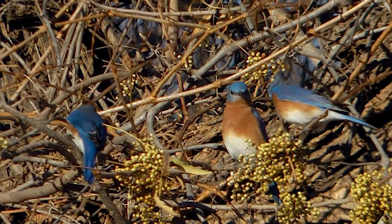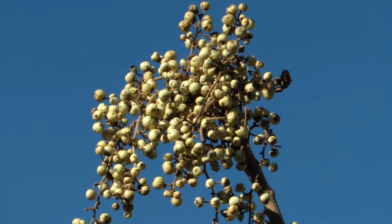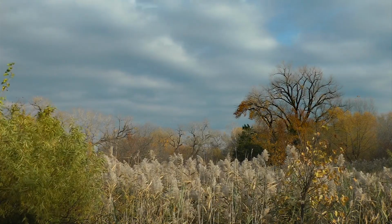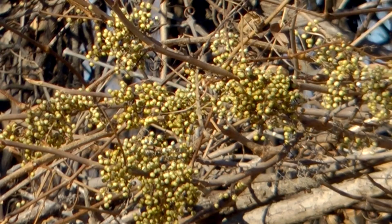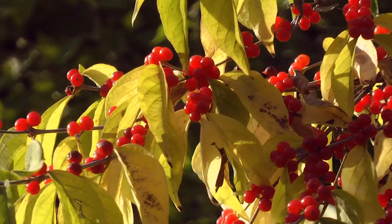If you're in the mood for a magical outdoors experience, here's a recipe. Start with abundant berries and remnant foliage of late fall. Poison ivy is a good bet, but more colorful are the berries of sumac, honeysuckle,